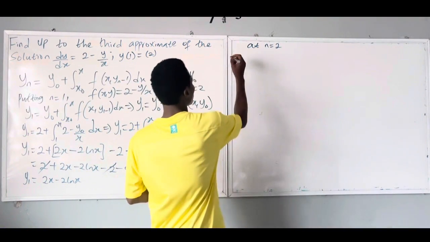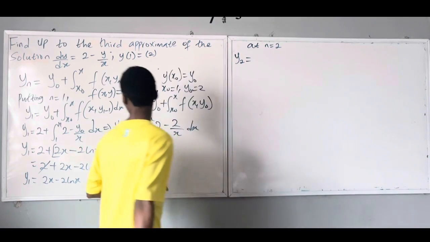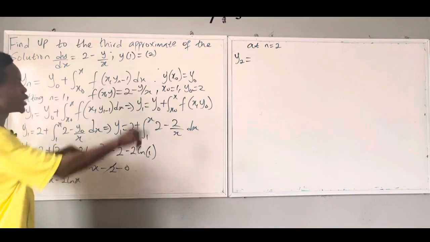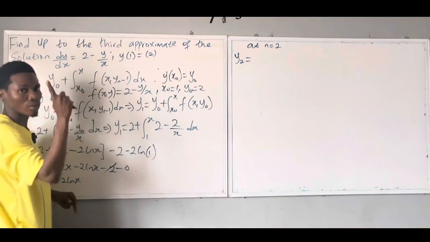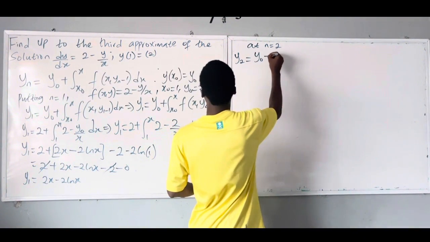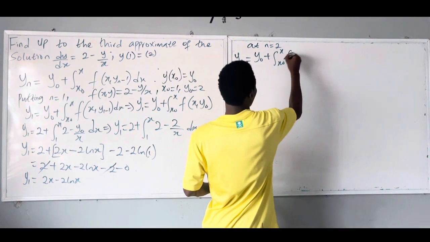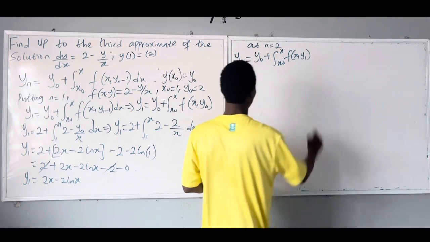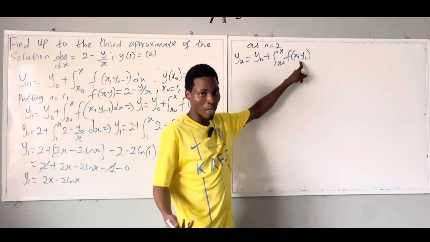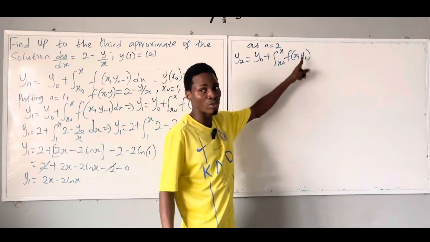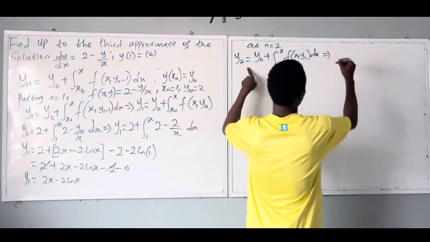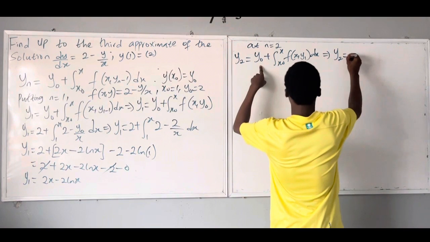So I'm going to have y2 is equal to, I'm using this as well. This is our yn of successive approximation. So if our n is 2, here will be 2 minus 1, 1. So I'm going to have y1. So I'm going to have y2, y naught plus from x naught to x, f of s, y1. Remember, if I have y2 here will be y1. If I have y3, the next here will be what? y2. So it means if this one increases, this one will be decreased by 1. Then ds. So I'm going to have my y2 is equal to y naught, which already is 2,